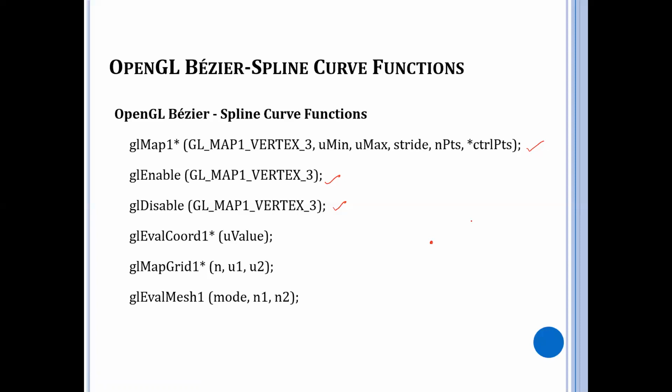Let's say I have 4 control points, 1, 2, 3 and 4. Let us say my curve is something like this. So this is my first control point and this is my second control point. Here I need this line from the first control point to the second control point. So this stride represents the number of data values between the first control point and the second control point. Similarly, from this to the next point, and next from here to here. So that is represented by your stride.